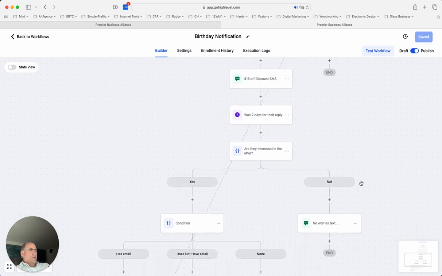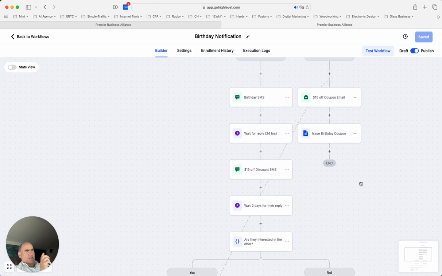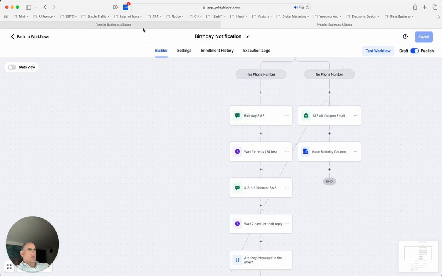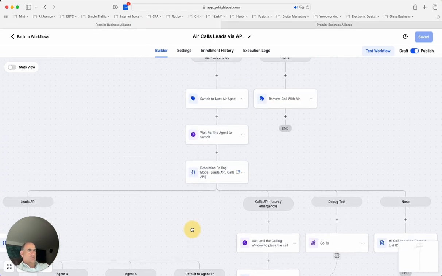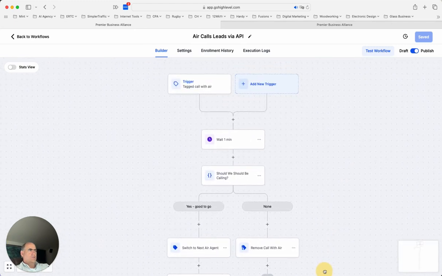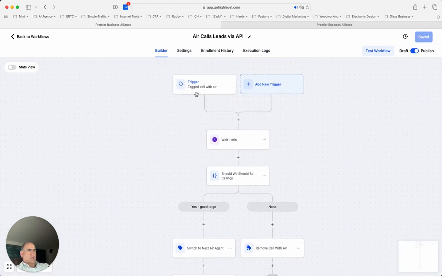But the key idea here is, in addition to SMS, or instead of SMS, you could have a phone call. You could do a phone call, and we've already built out the sequence, and I've talked about that in previous videos, where you trigger them to be called with Air.